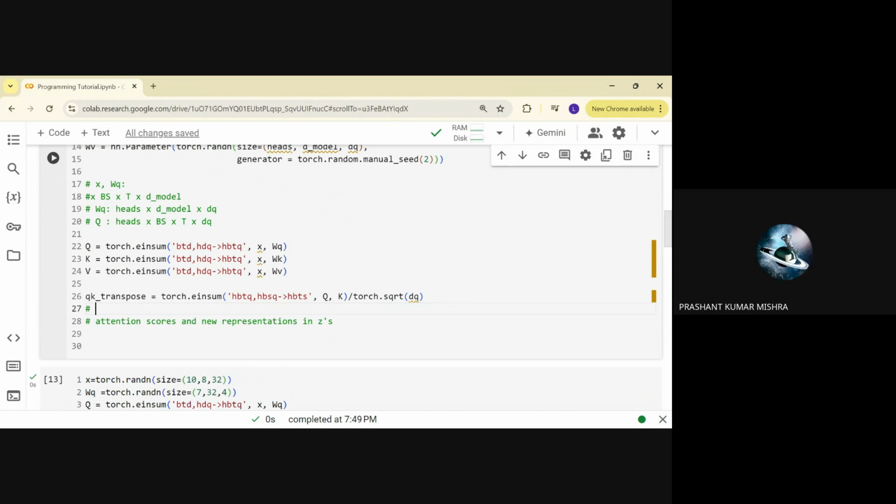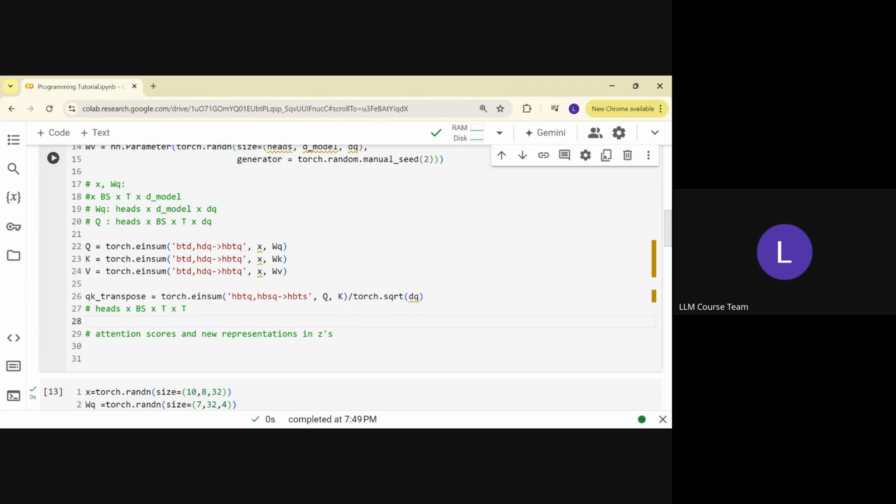Heads, batch size, multiplied by T, and then T. So these are the dimensions of QK transpose. Now what do we have to do? We have to multiply it with the square root of, no, we have already done that. Now what is the next step? Softmax, absolutely. We have to take softmax. So attention is equal to